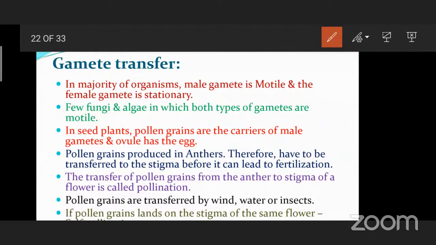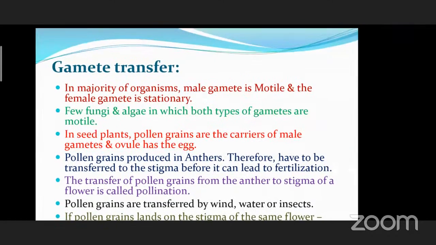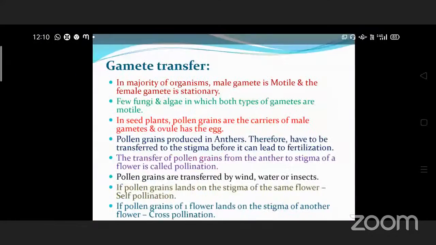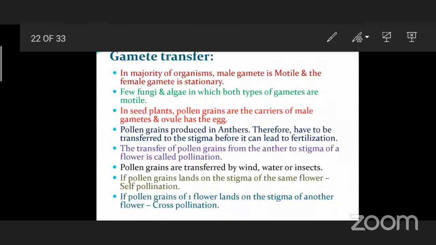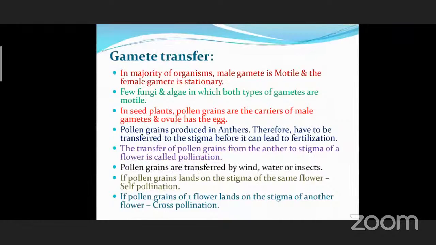In a few fungi and algae, both types of gametes are motile. But in seed plants, pollen grains carry two male gametes and ovules have the egg. The pollen grains are produced in anthers. They have to be transferred to the stigma before they can lead to